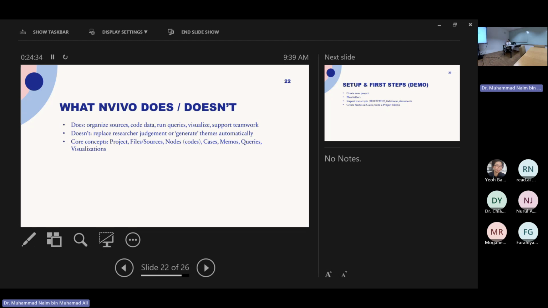To generate themes automatically, now we have the AI assistant for NVivo 15 onwards. But at UW, as I mentioned, we did not take the AI assistant when acquiring this software, so we don't have that. I wish I could show you. It generates themes, and you can edit or remove the themes it suggests. These themes are not out of thin air, like when you ask ChatGPT to generate codes.